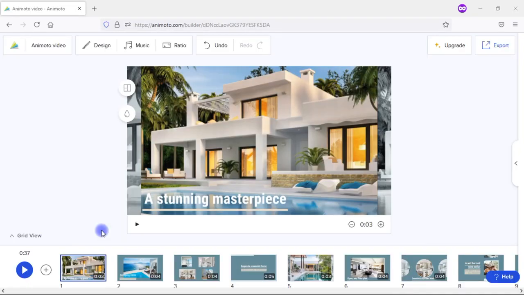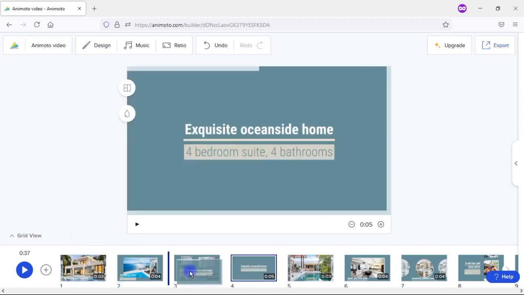So as always, I like to start down here in the timeline. Now here with Animoto, there are a lot fewer options in terms of what you can do down in the timeline. In some ways it's nice because it's easier to use, but again, there are fewer options. So basically you can duplicate something, you can delete it, and of course you can also rearrange by sliding things along like that. And then here, if you click on that, you can add a block.